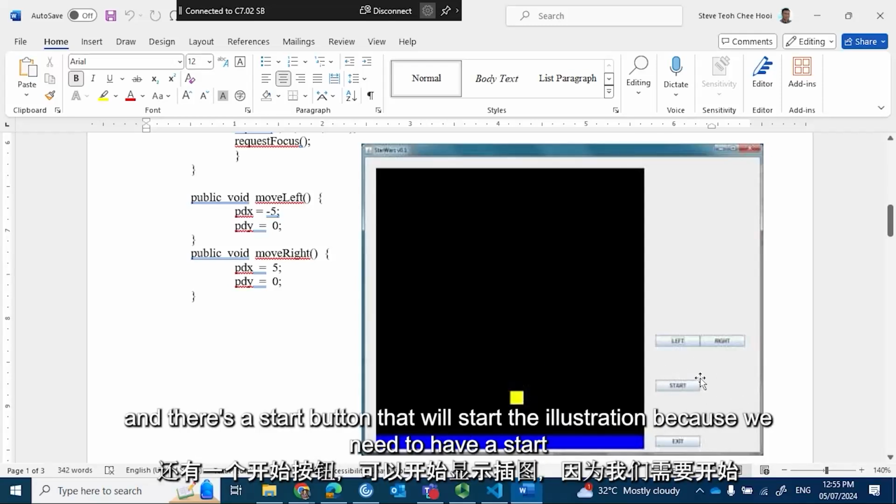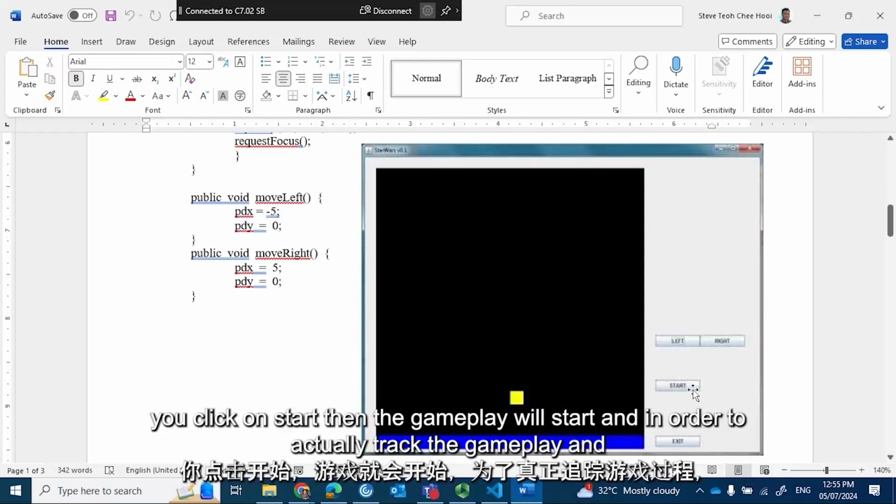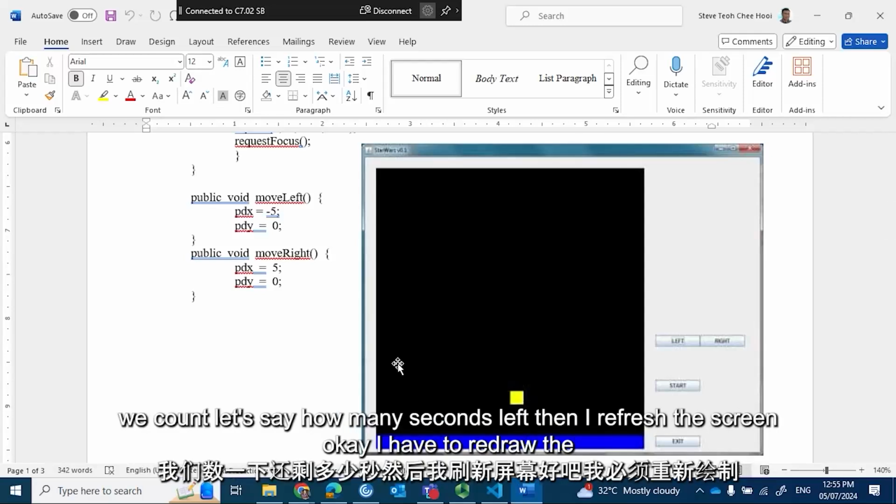And there's a start button that will start the illustration, because we need to have a start button. If not, then your game will be forever running, right? You don't want that to happen. If you click on start, then the gameplay will start. And in order to actually track the gameplay and updating of the screen, we will use a timer. Okay, a timer is used in this case to make sure that we count